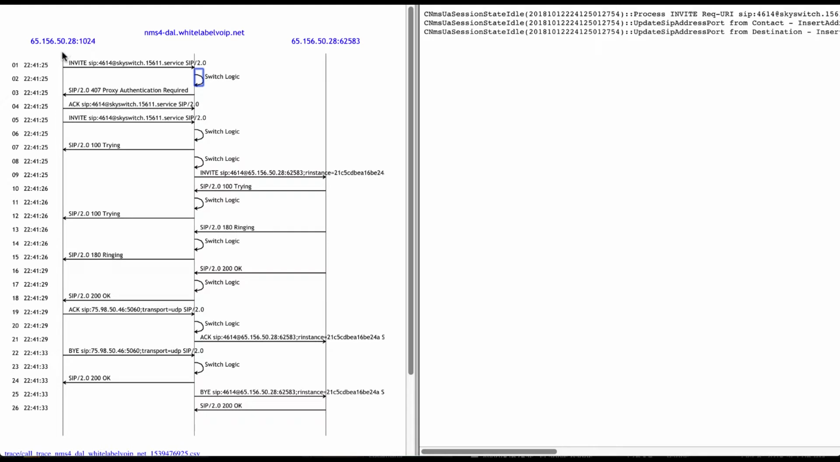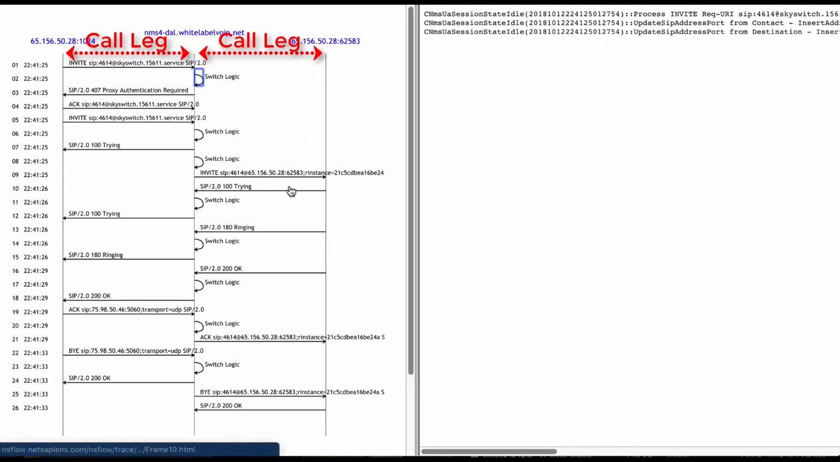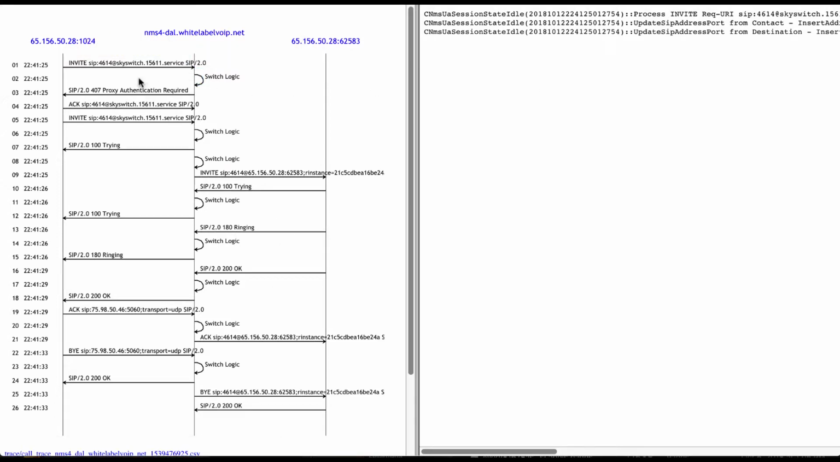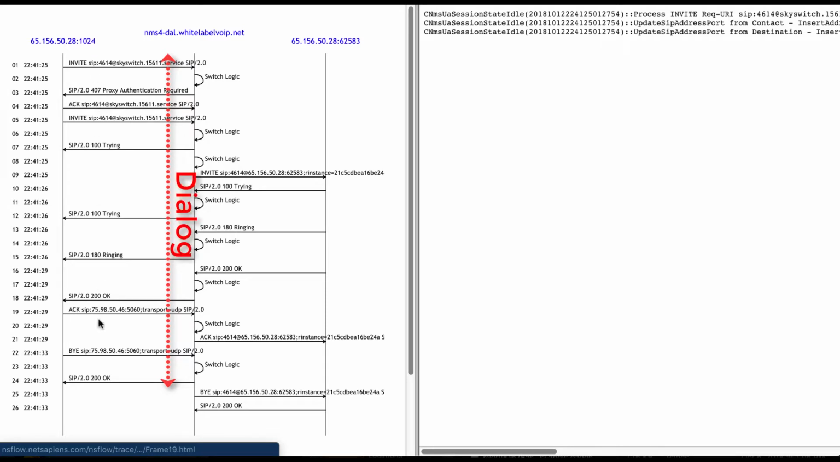Now if we look at these as point A, point B, and point C, from point A to point B would be considered one call leg. All of the messages from point A to point B would be considered a single call leg and share the same call ID, while from point B to point C would be a separate call leg and would share its own call ID. The messages in this call leg would be referred to as a dialogue, so all of the messages from point A to point B would be a dialogue, while inside of that dialogue, in this particular instance, we have three